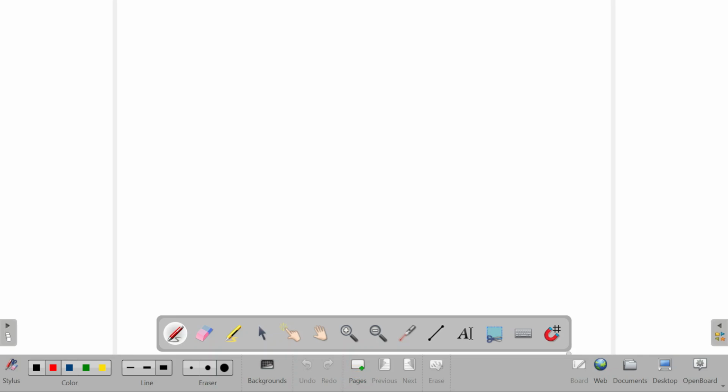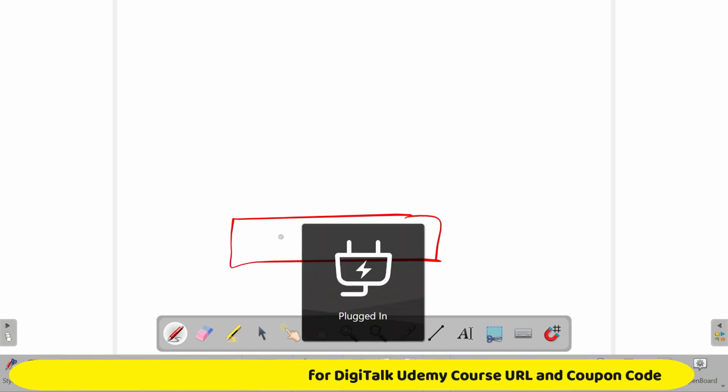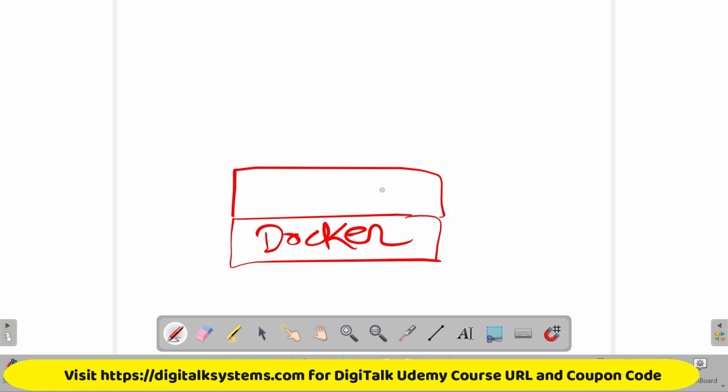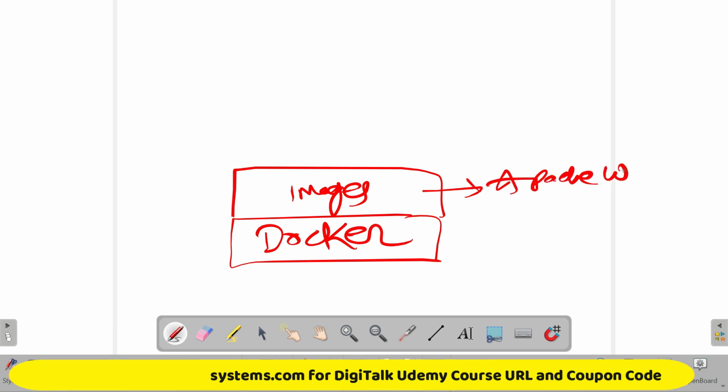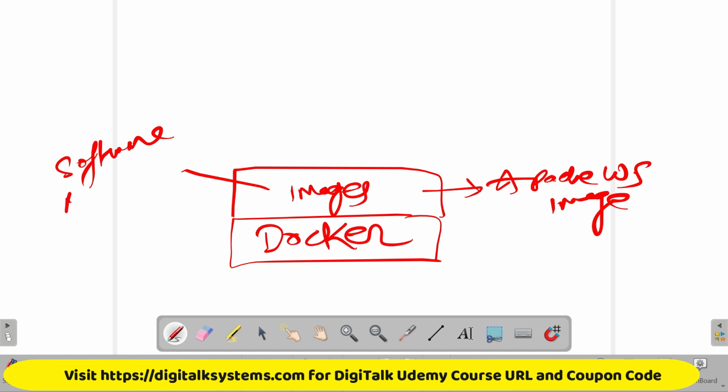So this particular session is specifically dedicated to the lab exercise, to explain how to create an image and how to start the container based on the image. So I will just give you a small overview of what we basically do in Docker. First we install the Docker software. Once the Docker software is installed, what we do first is create the images, different images. Here I am going to create the Apache web server image. This image contains your software, your application code,